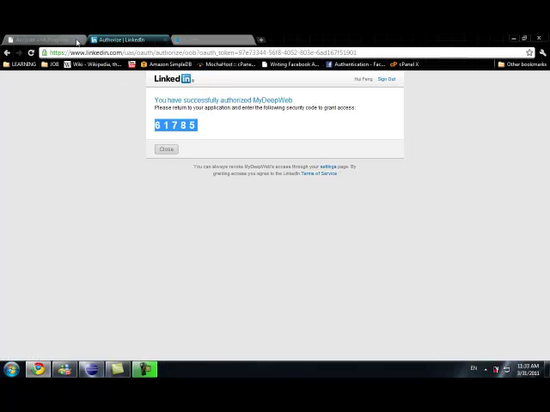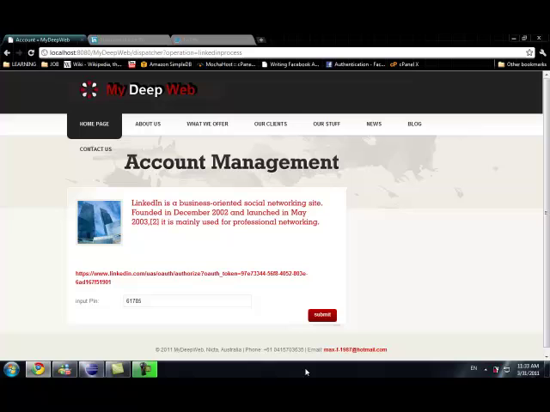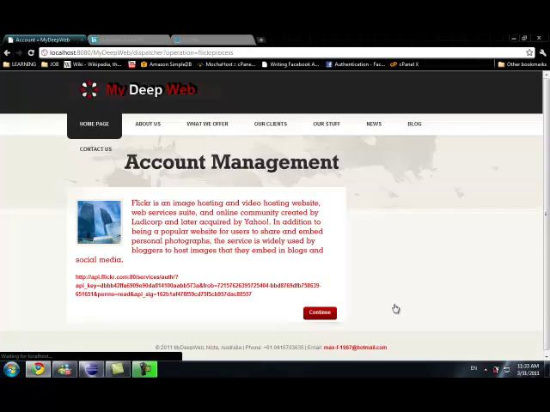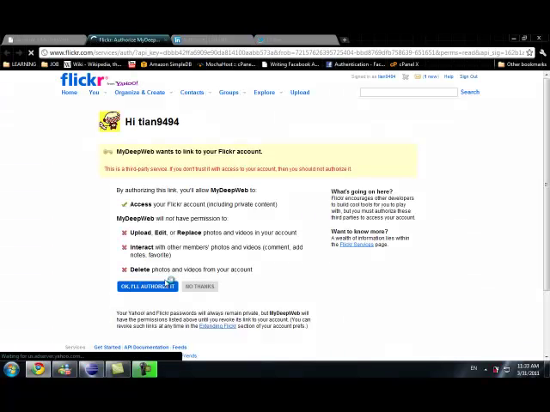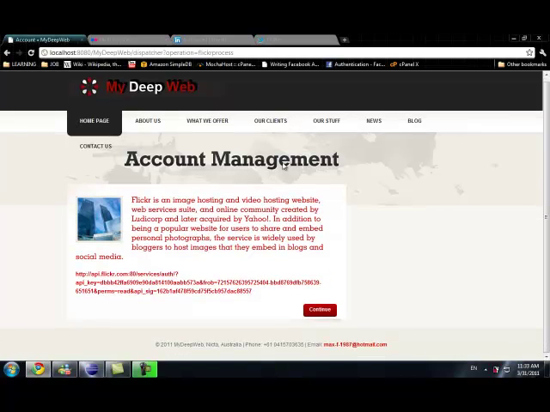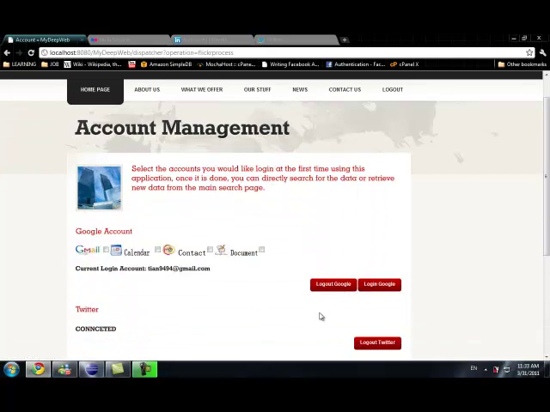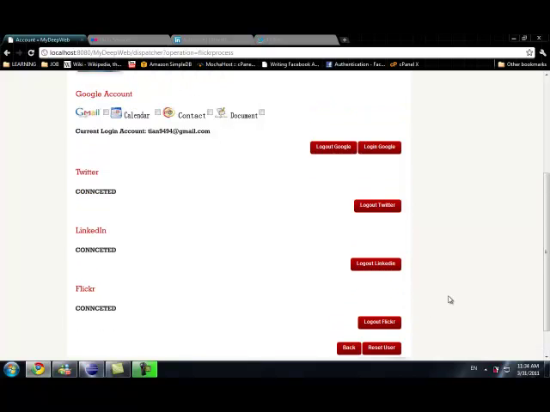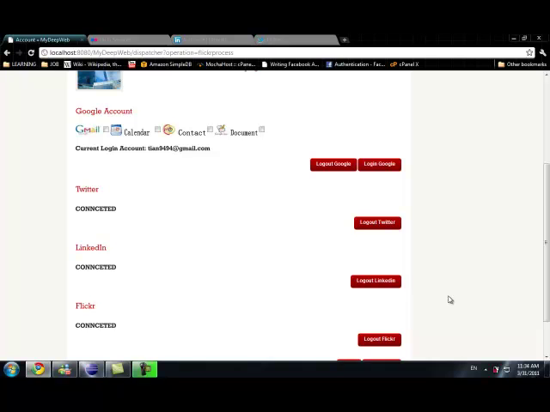The access pin, input pin, submit. Hold on. So click continue. And by clicking reset user, you can reset the user to the default mode, which means just after registration.